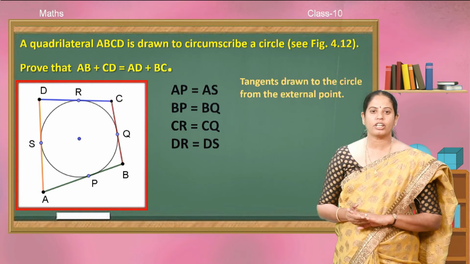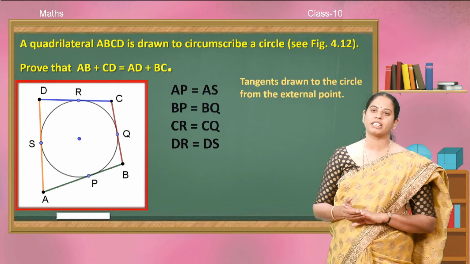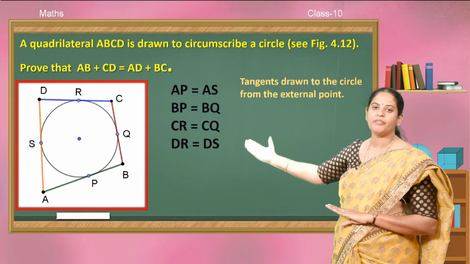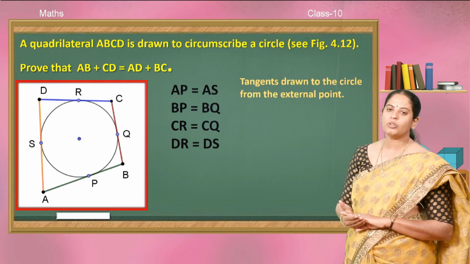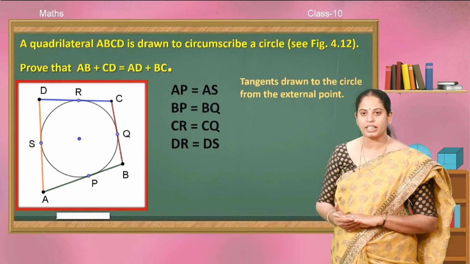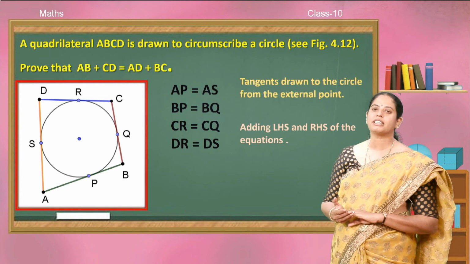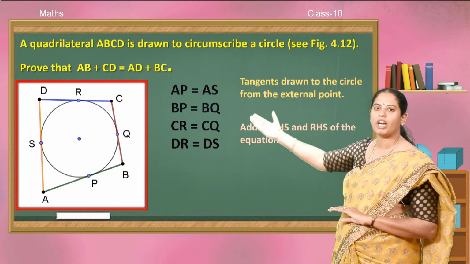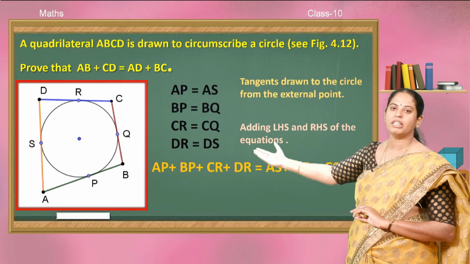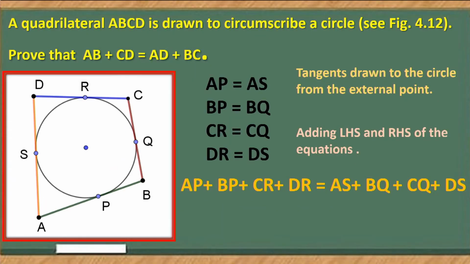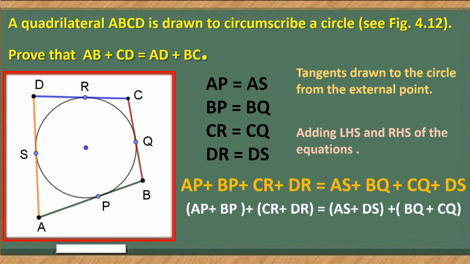So, therefore, AP equals AS because tangents drawn from the external points are equal. Similarly, you can observe BP equals BQ, CR equals CQ and DR equals DS. Next, adding the LHS and RHS of the equations, we are going to add: AP plus BP plus CR plus DR is equal to, adding the LHS of the 4 statements with the RHS of the 4 statements, AS plus BQ plus CQ plus DS. Rearranging, you can observe AP plus BP, CR plus DR, AS plus DS